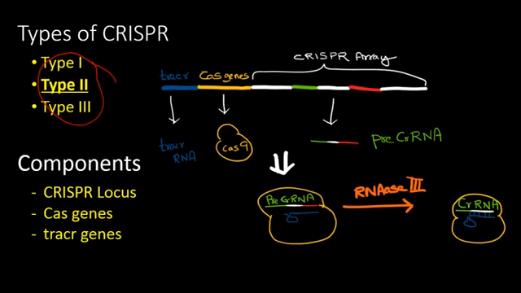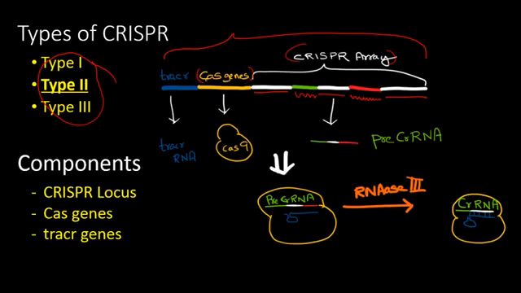Coming to the type 2 CRISPR, this is a CRISPR locus. It has Cas genes, tracer genes, and an array called the CRISPR array. Now we'll be discussing all that. We have already said that within the clusters we have the CRISPR loci. Within the CRISPR locus we have these repeats. The white is the repeats, and these are the unique viral genomes that the bacteria attained from each infection. Adjacent to the CRISPR locus, we have Cas genes, or CRISPR associated genes,